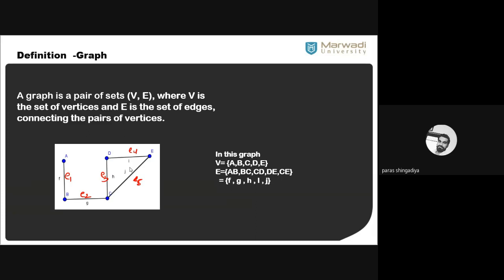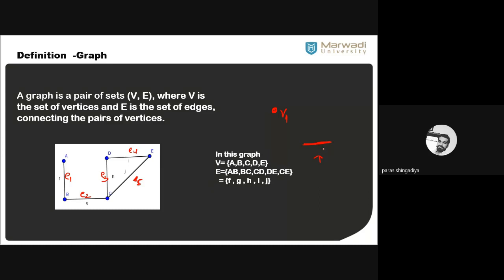So this is called a graph, and if I consider a single vertex, only one vertex in the graph, no other, there is only a single vertex, so it is also called a graph. But if I consider one line, now it is not an edge, this is called a line. It does not have an ending point, so we cannot say it is a graph. This is not a graph.